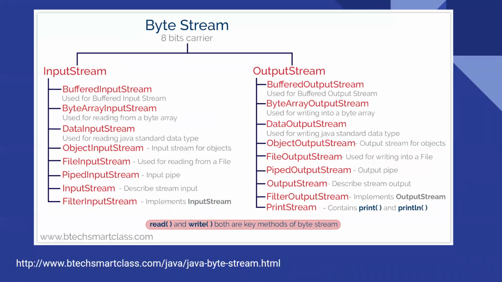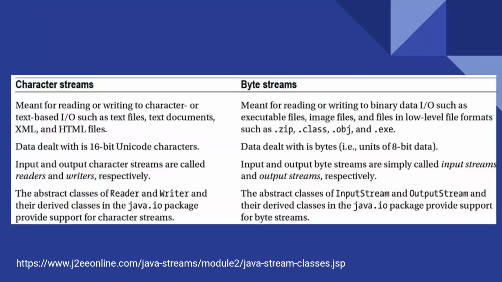Whereas if you are dealing with byte data, you will have Stream as the suffix. For example, BufferedInputStream, BufferedOutputStream, FileInputStream, FileOutputStream. So Stream is the keyword that indicates you are dealing with byte data. In this video, we have understood how to deal with character streams, what the different abstract-level classes are, and what a normal program looks like when you read from an existing text file and write to another newly created text file. So this is all about the character stream.